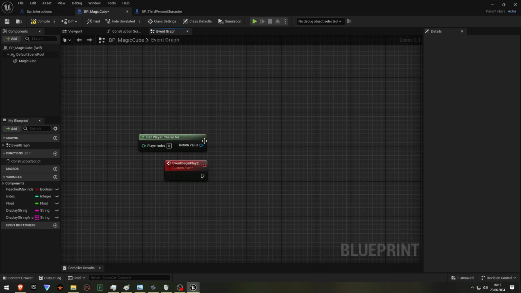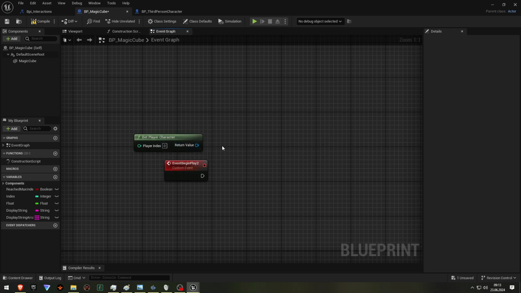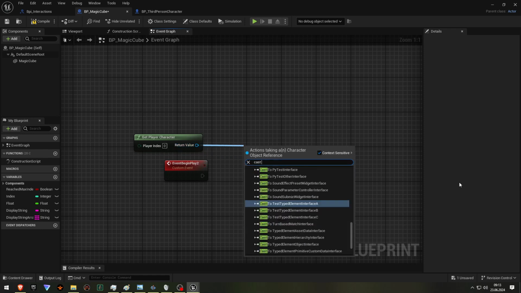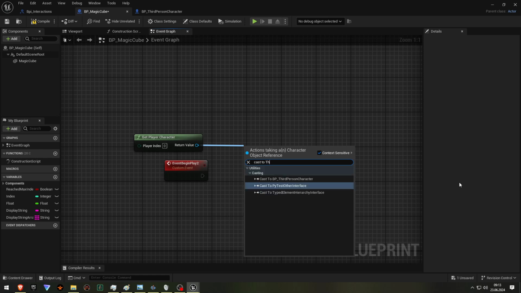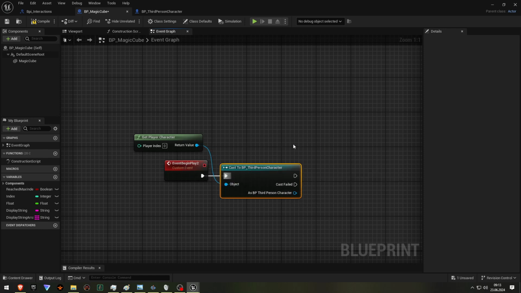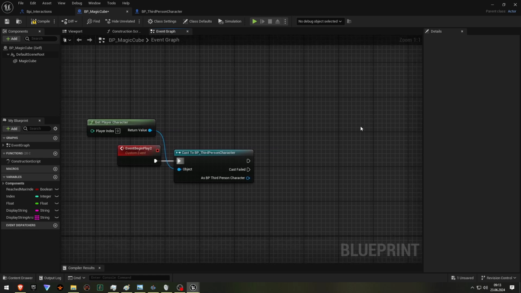So from our get player character, which gives us a reference to the class, we can drag off and we can say cast to third person character. That's our player. And this will give us a specific reference to the specific blueprint actor or character that we want to cast to. So from here, from As BP third person character,